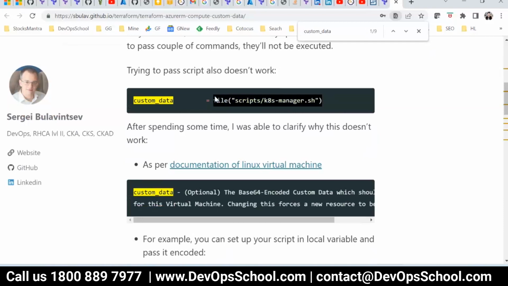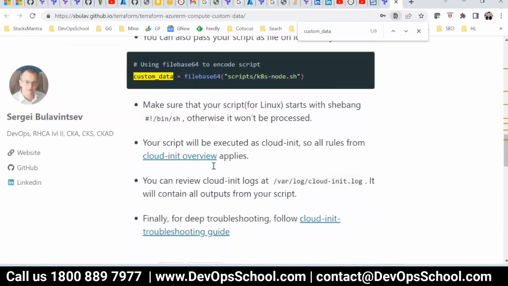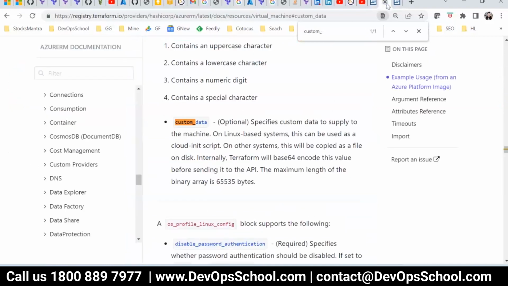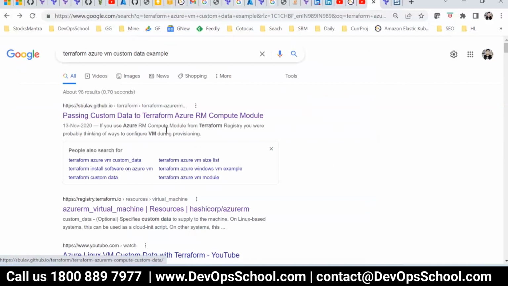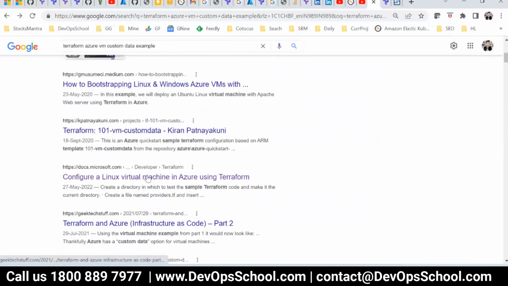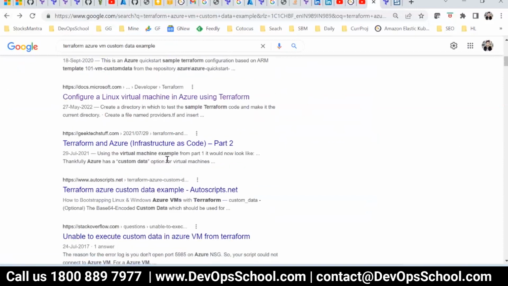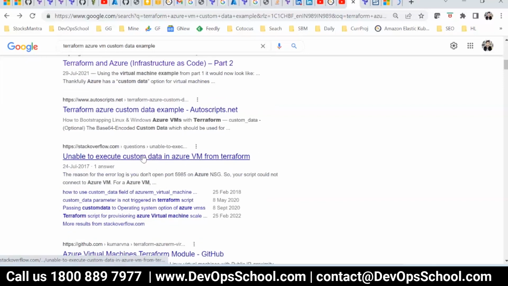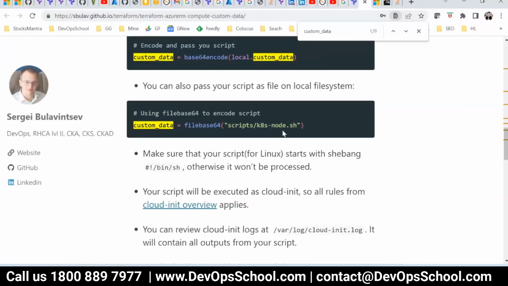This is the script, and this is the local. It's just a matter of passing the script to the custom data.